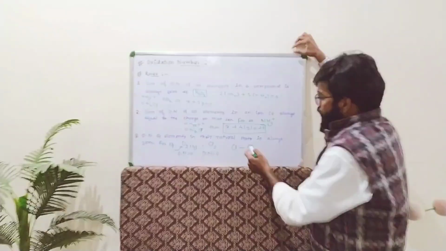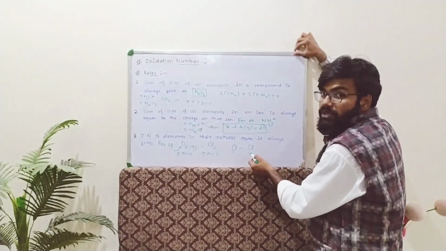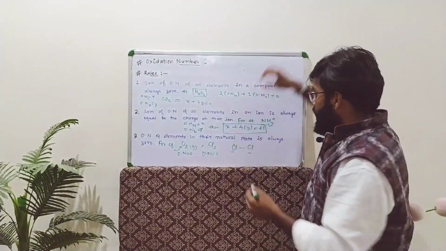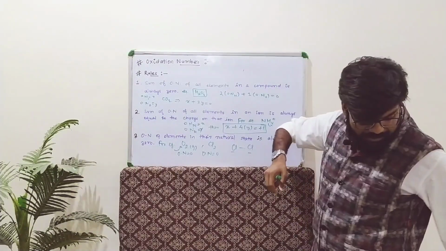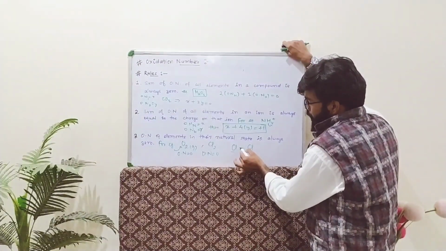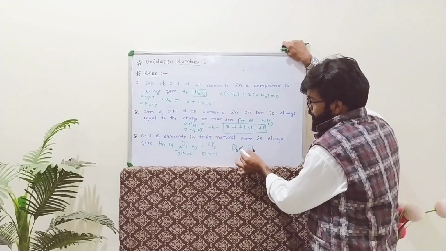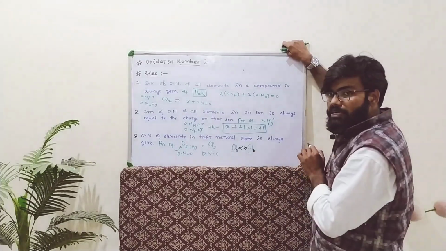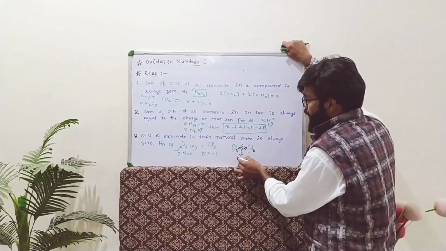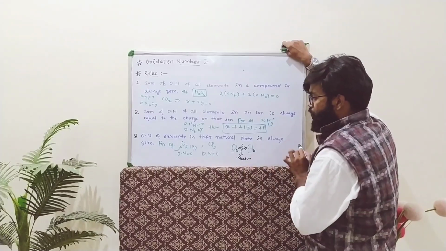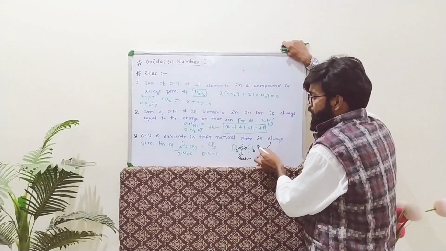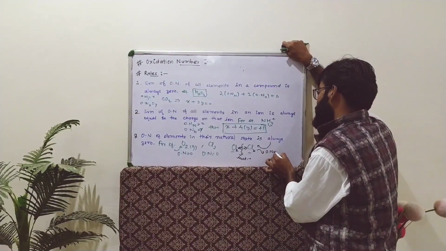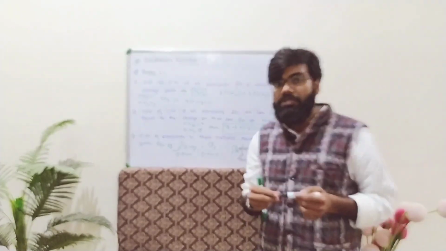Suppose here both atoms are the same. It means that both have equal tendency to pull electrons toward themselves. The power with which this atom is pulling the electrons, the other atom is pulling with the same power. So the net charge, mu net, becomes 0. This means the net charge on this atom will be 0, so the oxidation number will be 0 since no charge is present over that atom.